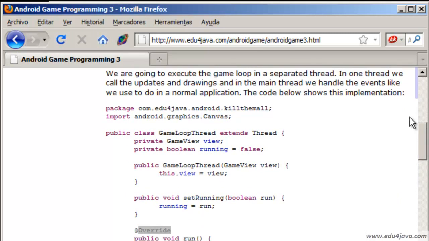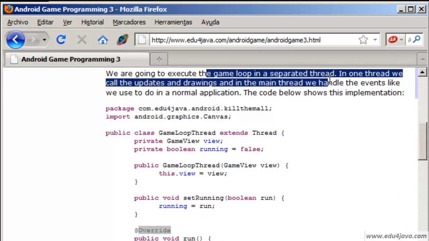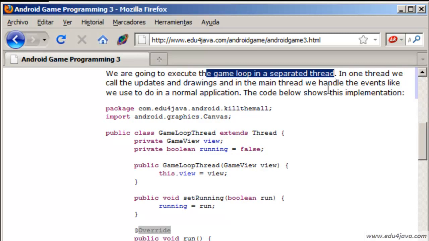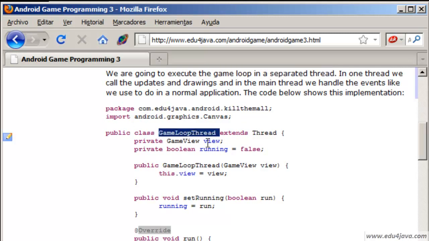Okay, let's do our game loop. Our game loop is going to run in another thread. Let's create a thread for this loop first, so that it's independent. We are going to do this with a class here. We're going to make a class GameLoopThread,